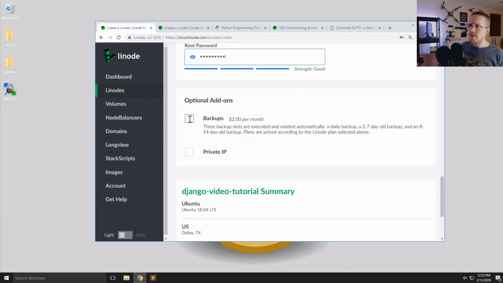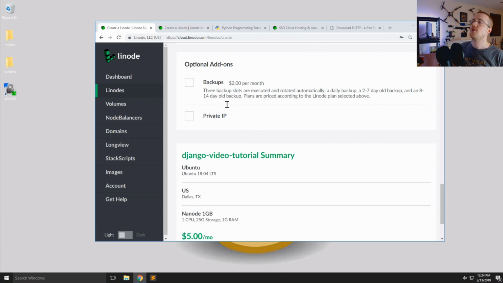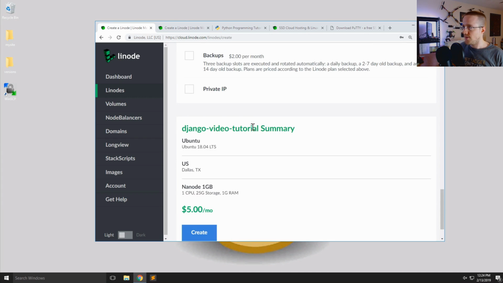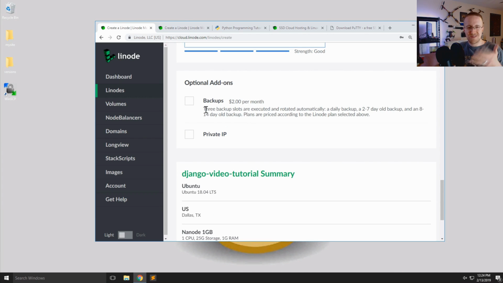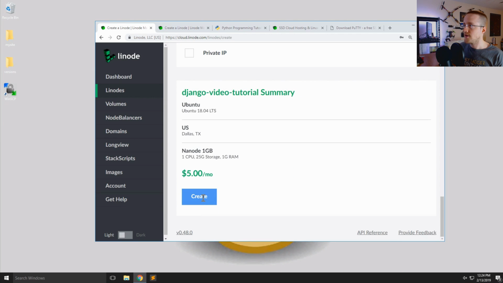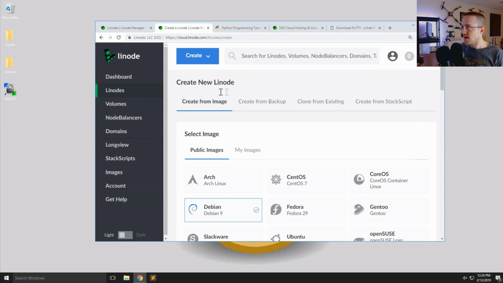This is just a quick one, I'm just going to nuke it at the end. But seriously consider doing backups. Later you can write a program to do backups for you. But until then, enable backups. I have done it every time, and I have never regretted it. I have needed backups on many occasions, and it's always so nice to have them. So until you write your own, just enable them. Okay, I'll hit create here, and while that runs, I am going to also create one from a stack script